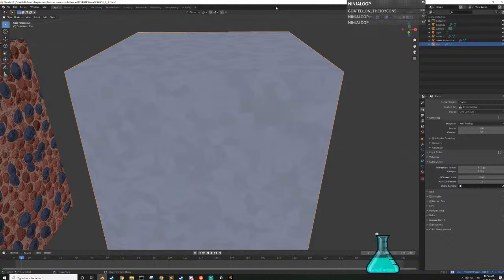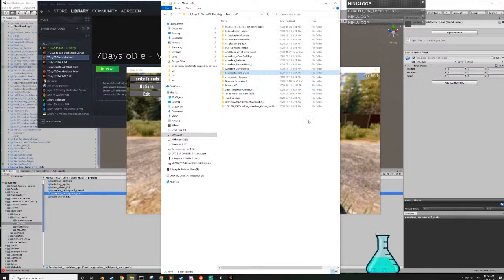I see people coming in and out of the stream. Sorry, it is what it is. I feel like I got to get some stuff done. I mean, I already did set out to do what I wanted to do, so now I'm just sort of like,